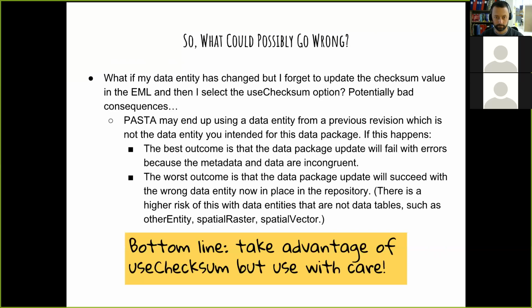PASTA may end up using a data entity from a previous revision, which is not the data entity you intended for this data package. If this happens, the best outcome is that the data package update will fail with errors because the metadata and data are now incongruent. The worst outcome is that the data package update will succeed with the wrong data entity now in place in